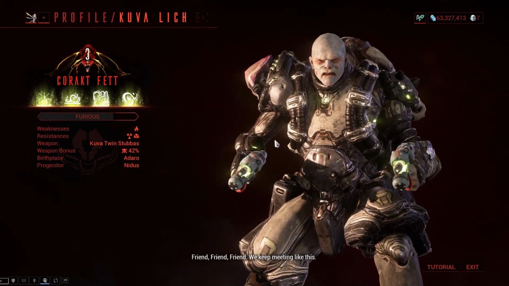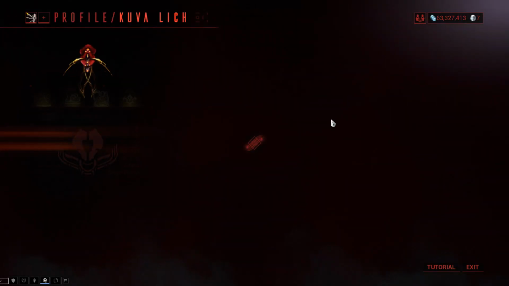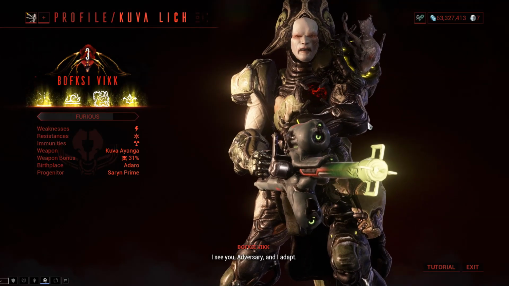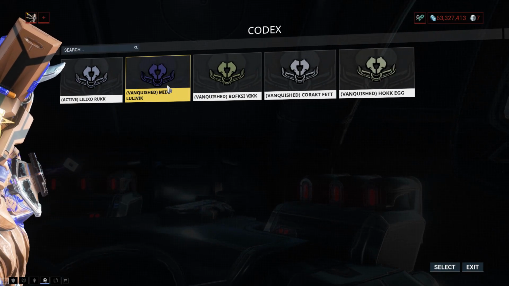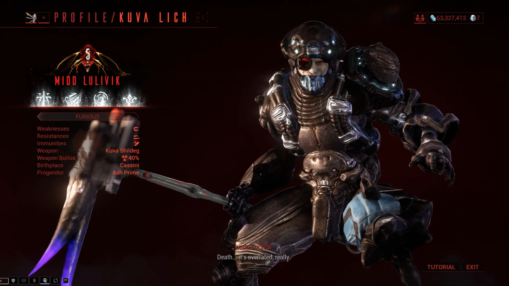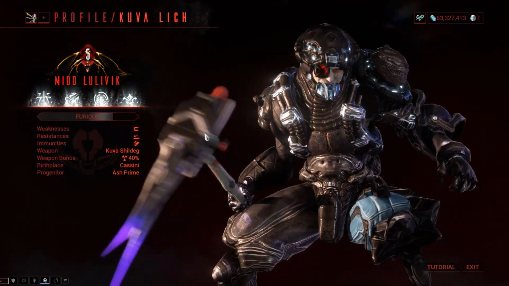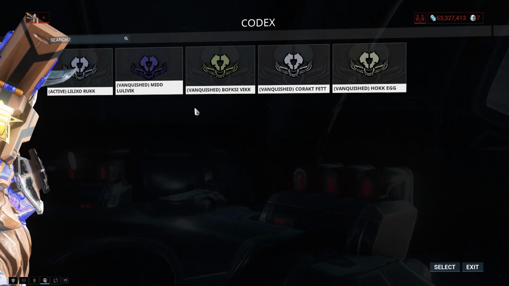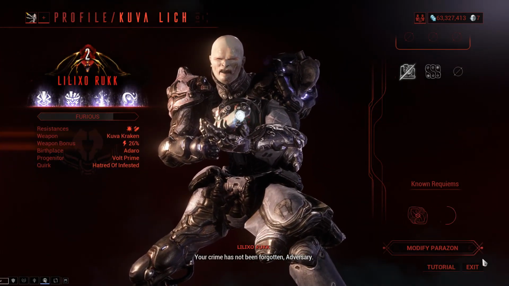It's added a new level of playability and replayability to the game for me. I've killed all these Liches, and really I've gotten lucky with the loot that's dropped from them, because basically all the Kuva weapons that I was interested in, I got immediately right out of the gate. I got the only melee weapon that was available from this update, and then I got everything else